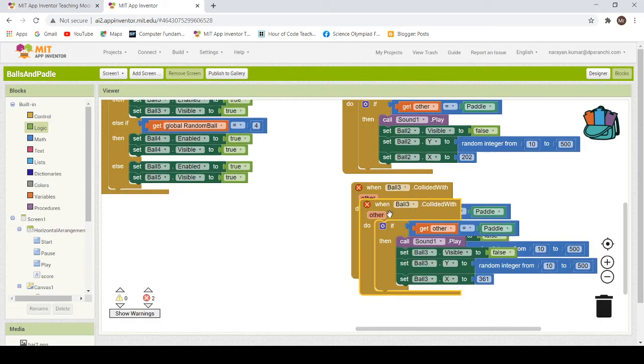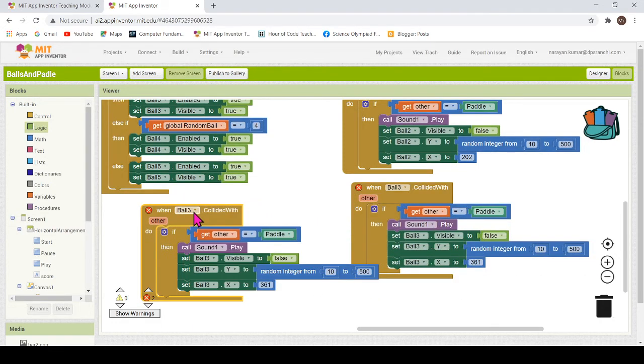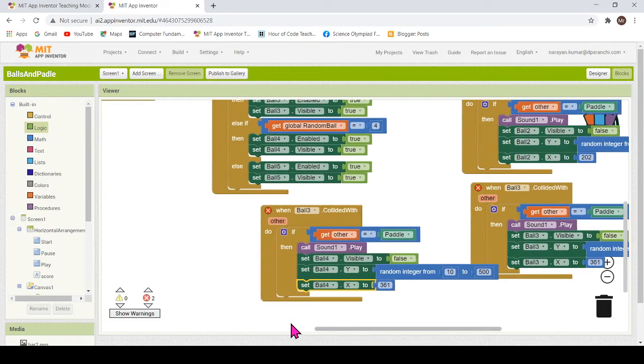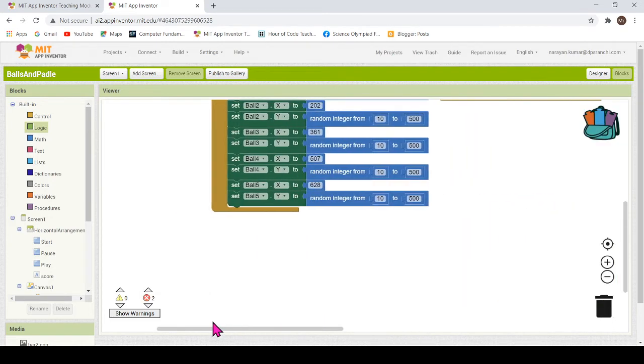Likewise, let's do quickly for ball 4. We are making the change for ball 4 also. If you miss even a single thing, your app may not work properly. Ball 4 is at location 507.